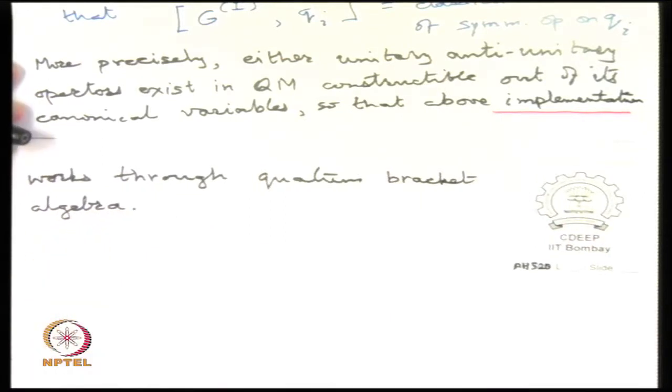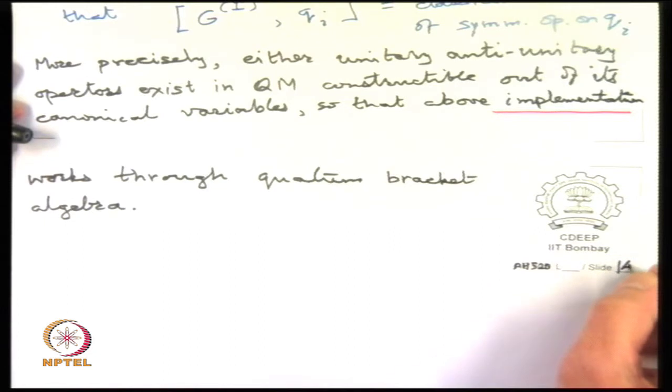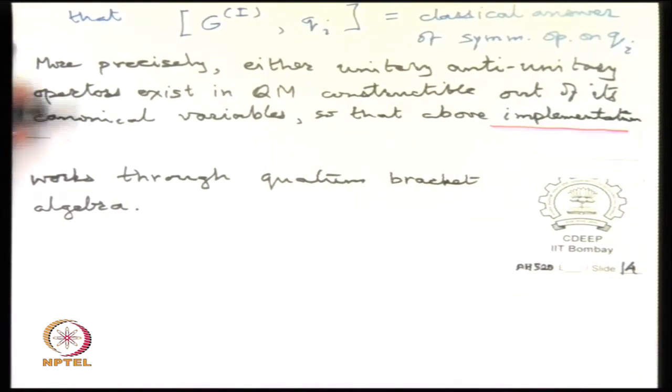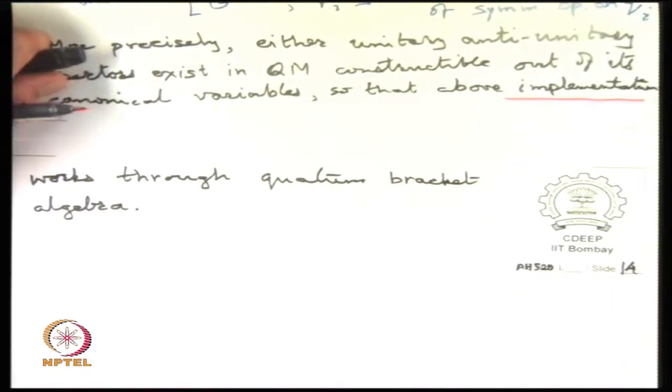So the quantum variables now become the carrier space of the quantum symmetries. We need not write that. There are a lot of intricacies that arise when we go further with this, but for the time being I will